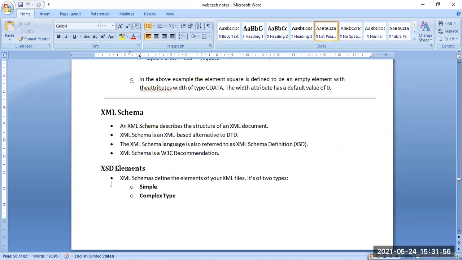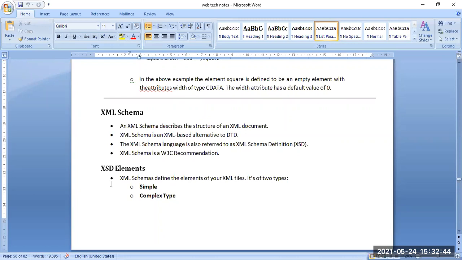XML Schema is an XML-based alternative to the DTD, the document type definition. The XML Schema language is also referred to as XML Schema Definition, or XSD.